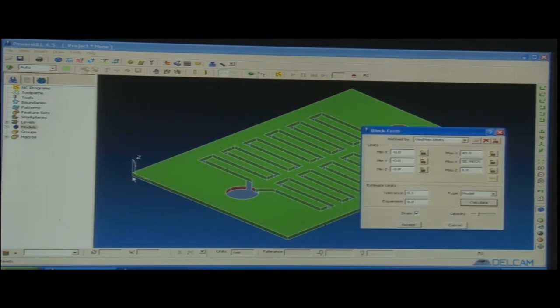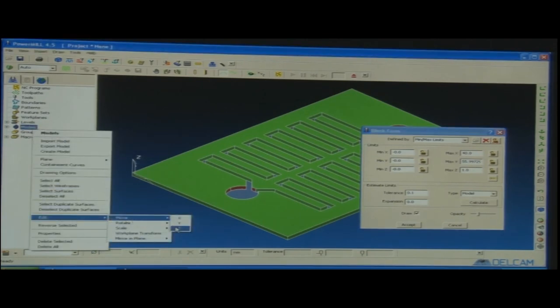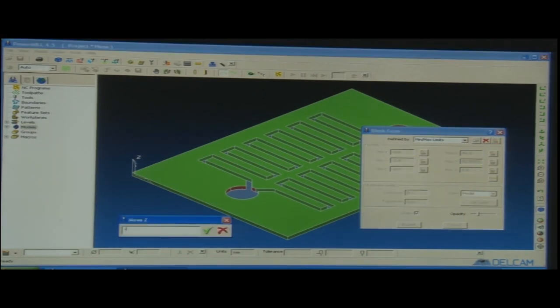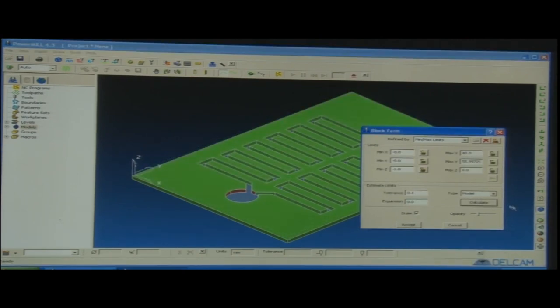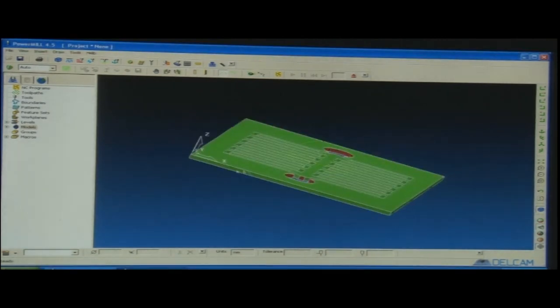Now, there is one big problem here. We can see that this z is at the bottom, but z has to be at the top, so that we are able to start the cut from the top and then go to the bottom.